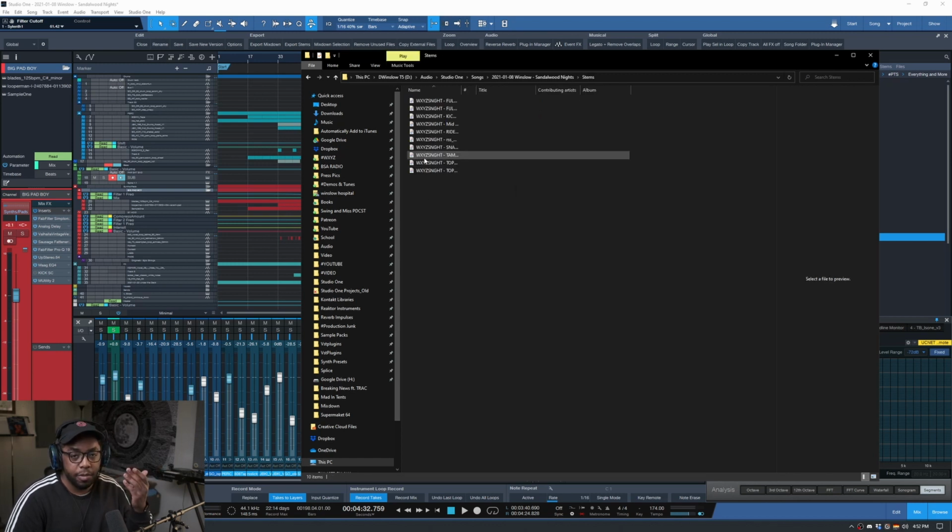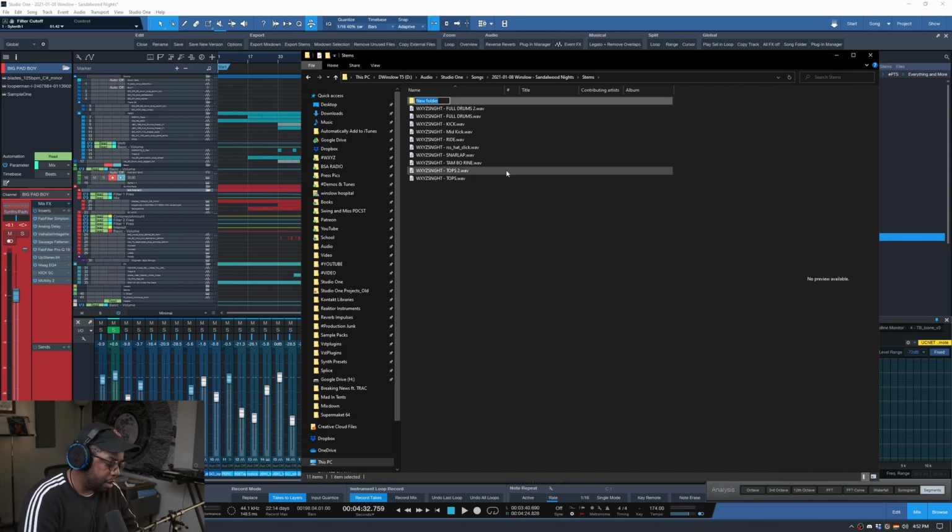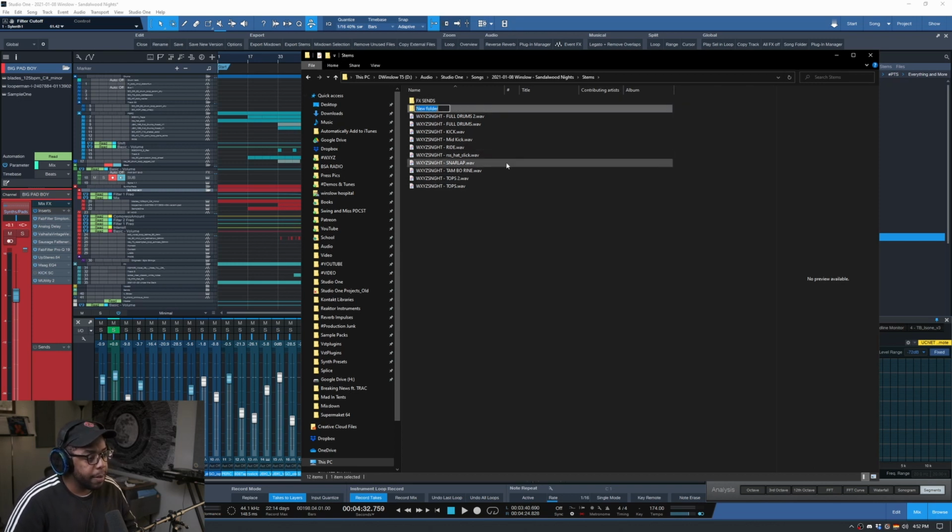But then it makes a stem folder. In there right now, I made some drum stems, so I have some stuff to use in future tunes. But when it comes to archiving, I make 3 folders: effects, sends, stems,